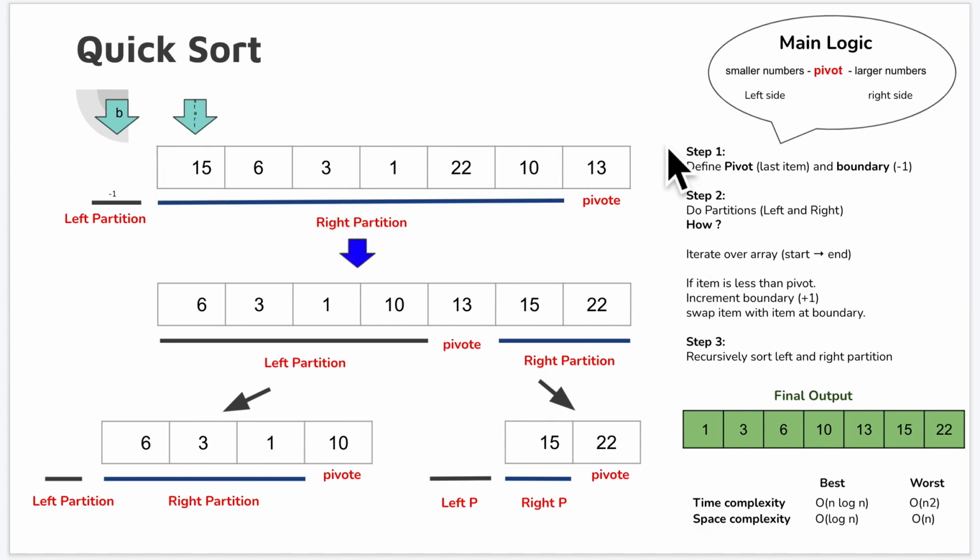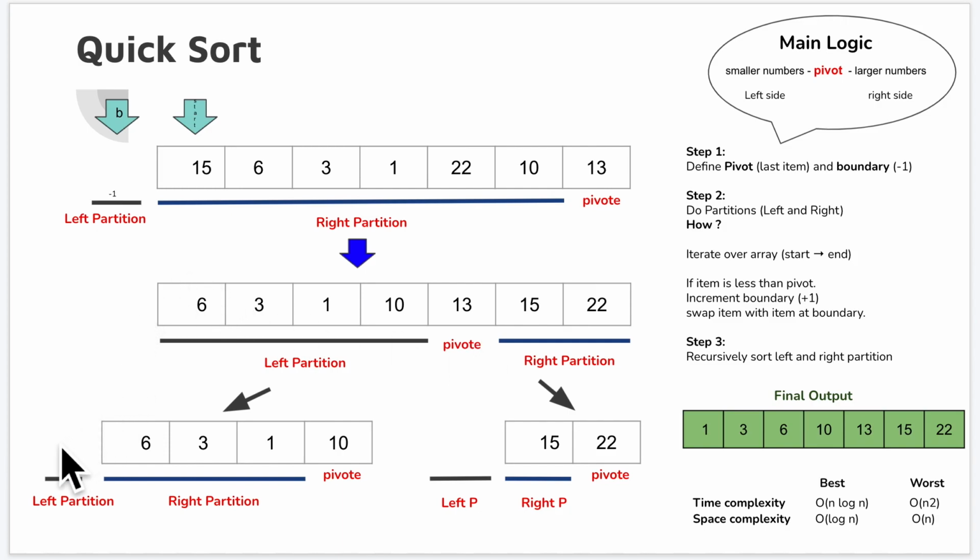And after that, we are going to derive this array. So this is after the first iteration. You can see 6, 3, 1, 10, and now the pivot will go here. So what we are doing, ideally, is defining the correct position of the pivot. If you can see, this is the final array, and in the final array, the pivot is going to be here, 13. This is the same position. So in each iteration, we are defining the correct position of the pivot, and after the end of all iterations, you will get the sorted array.